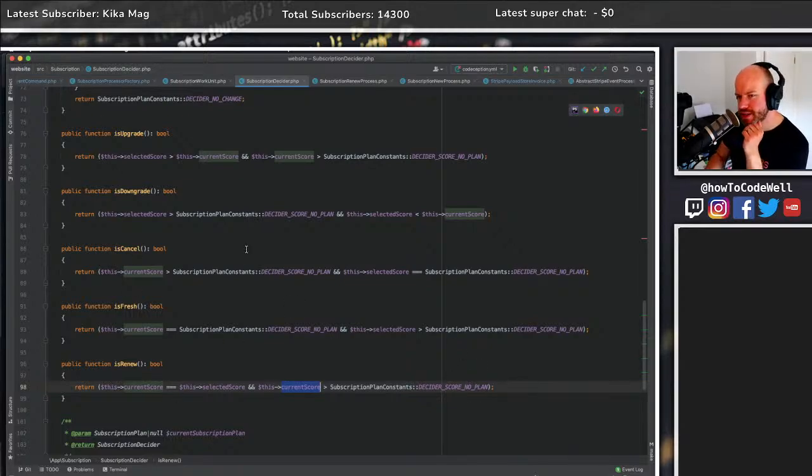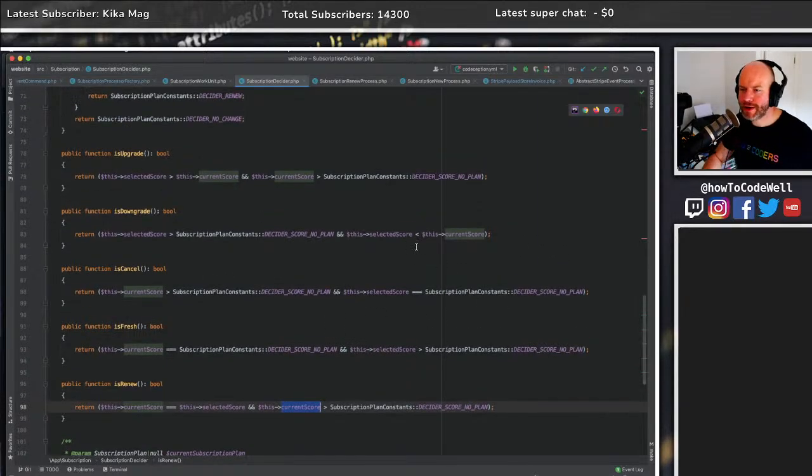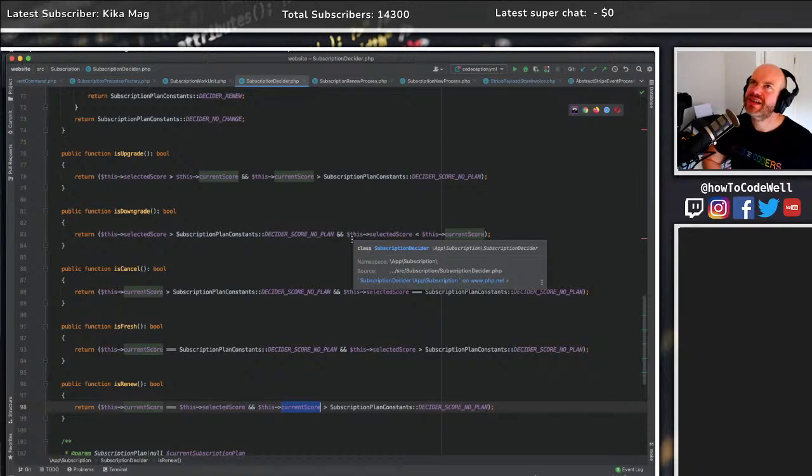I'm wondering if I need to change this. I reckon I need to change this whole mechanic. I reckon I should be doing it through a status rather than through whether it's a current one. See, it works perfectly for downgrades and upgrades and cancel, but when it can't work out whether it's a new thing or a renewal,